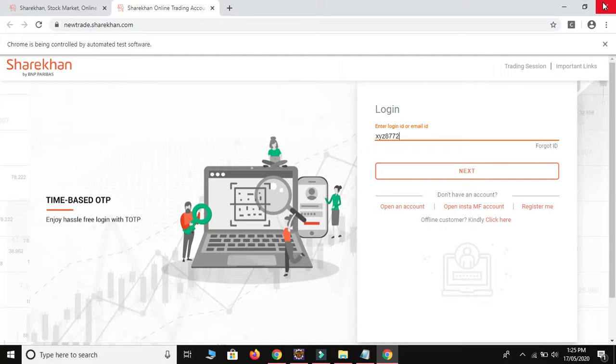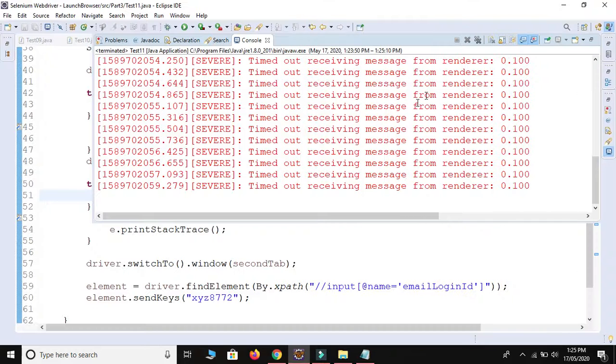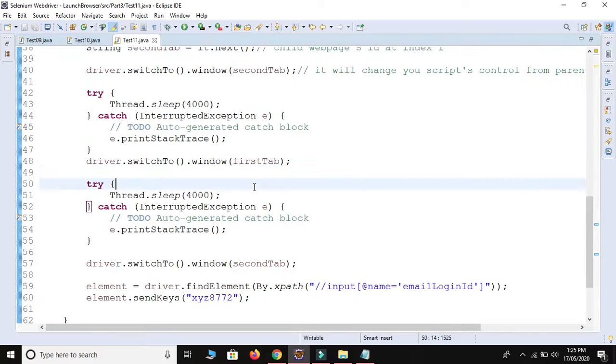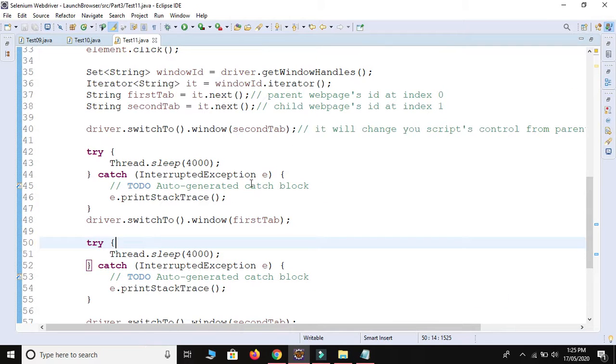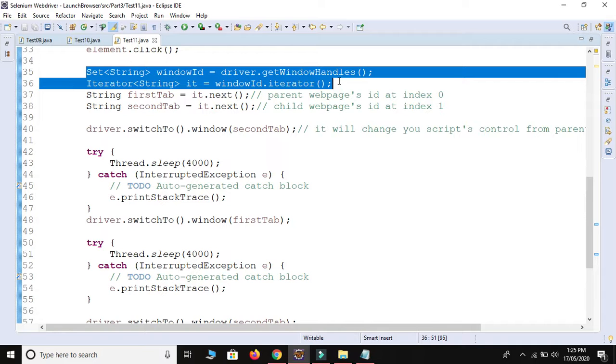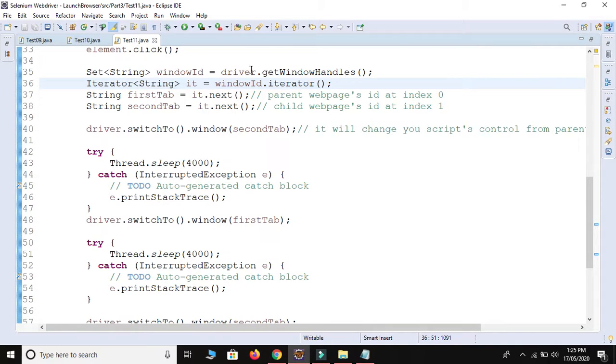Okay, so I hope guys you get some idea from this video how to handle multiple tabs or windows in Selenium. So just use these 3 to 4 lines of code. First of all, get the window ID from each and every web tab. It is possible using this getWindowHandles method. Store it inside this Set, which means it will not store duplicate values, it will not store duplicate IDs.